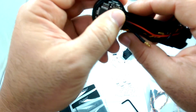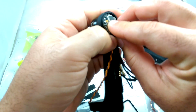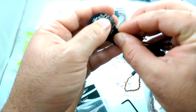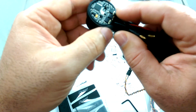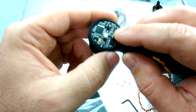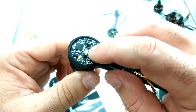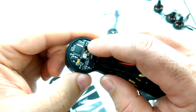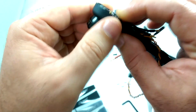So basically the way the ESCs go in is just setting them right down inside of the arm like so. So trying to make sure not to pinch the wires too much. And it should just kind of pop right down in there. And then you can see where the plastic standoffs just kind of protrude through the holes,